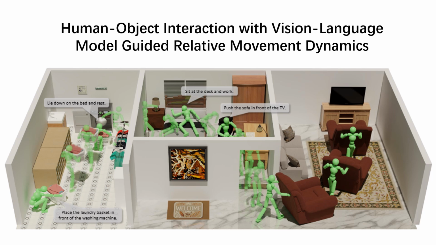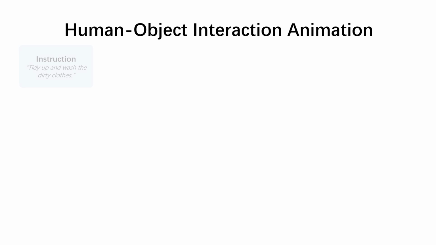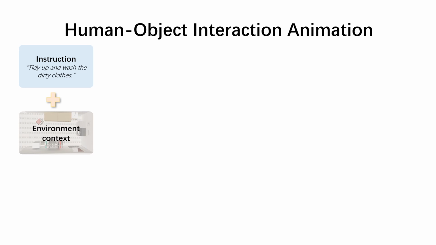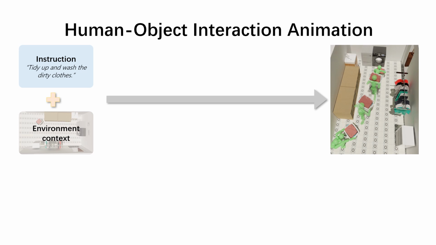This is a short introduction to our paper, Human-Object Interaction with Vision-Language Model-Guided Relative Movement Dynamics. Human-object interaction is crucial for advancing simulation, animation, and robotics, aiming to generate long-term, physically plausible motions in 3D environments